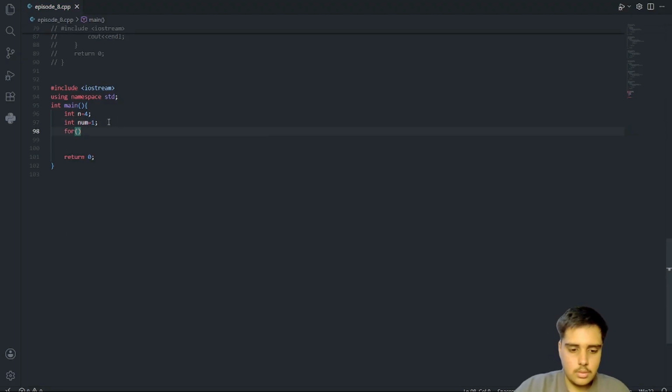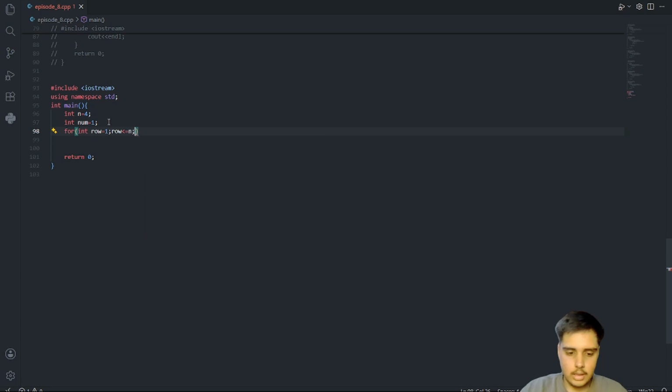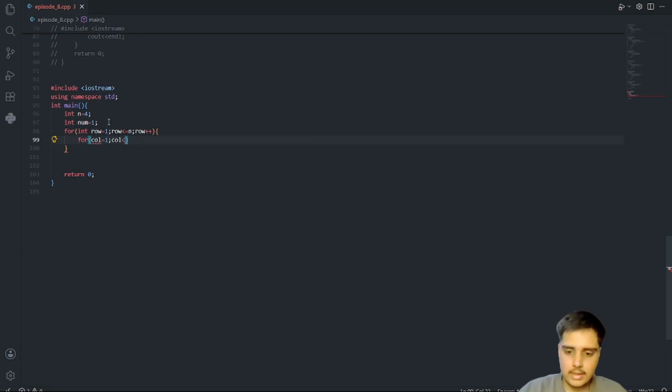For int row equal to 1, row less than equal to n, row plus plus, below it for int col equal to 1, col less than equal to row, and col plus plus. Column will be taken with int also.